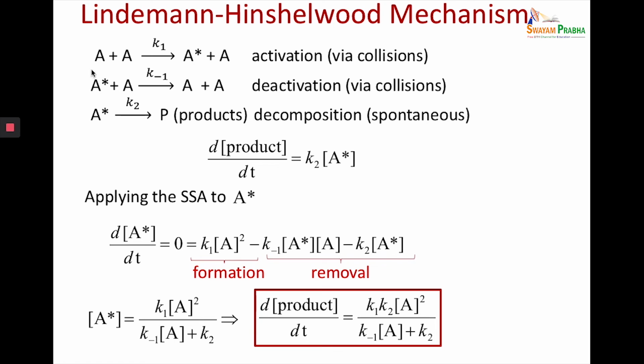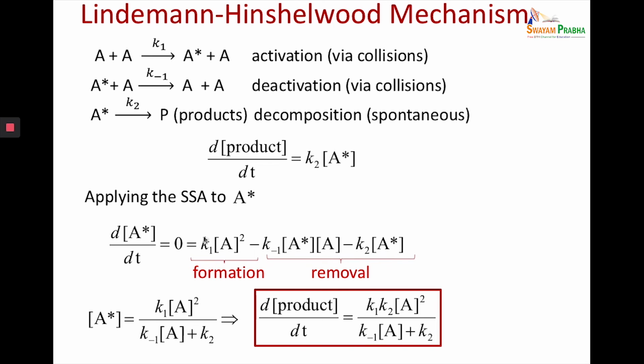So if I assume that my M is simply reactant A only, that means a molecule of A collides with another molecule of A. Obviously, in a test tube, when you take a small amount of A, you can never pick out one molecule. You are always going to have some molecules there, and so each molecule of A can collide with another molecule of A, and one molecule will become excited via collision. So energized. This energized molecule can be deactivated by the collision, so it is a reversible reaction, and it can also form products just by decomposition.